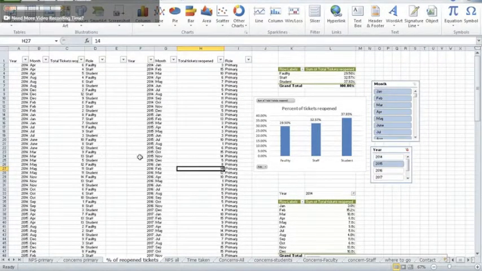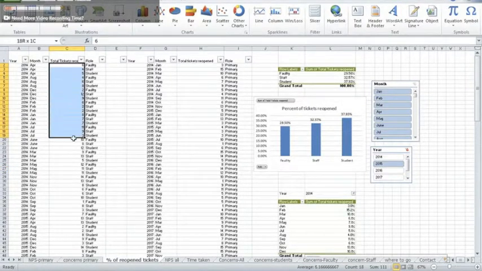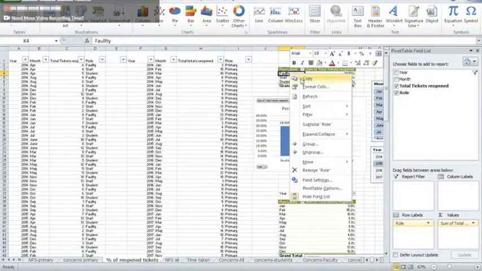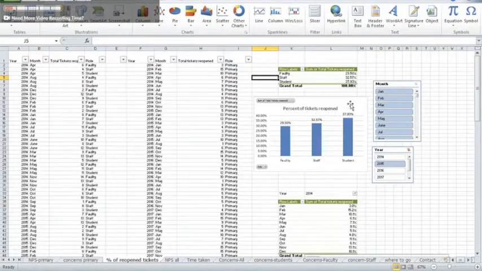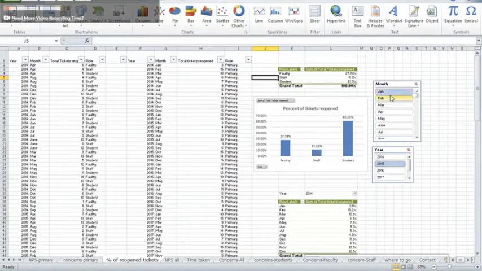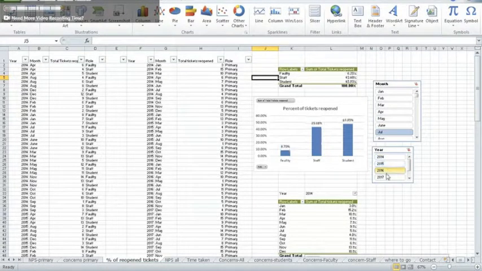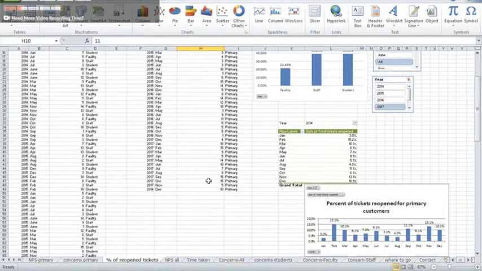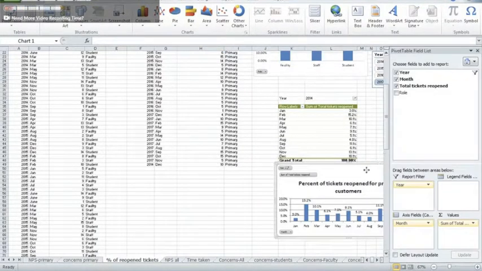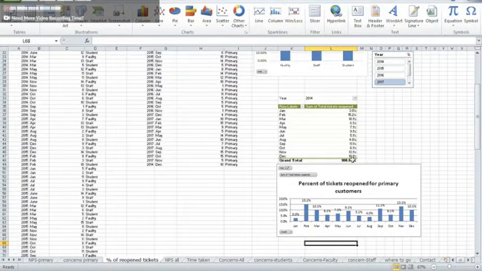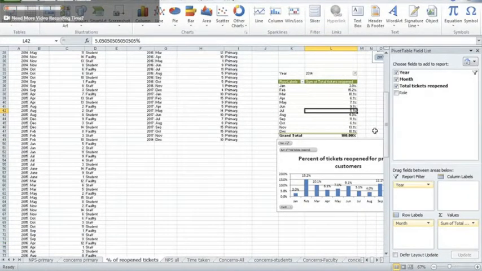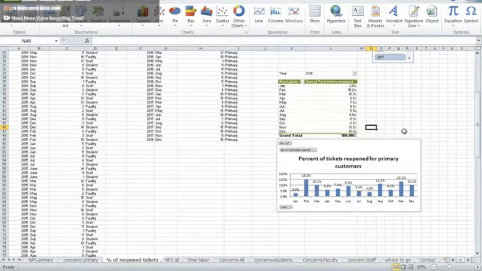This data will be tracked monthly, and all you need to do is replace the mock values over here with your original values, go to the pivot and click on refresh. When you click on refresh, the chart will get updated automatically. We also have slicers created over here to filter the data yearly as well as monthly, which looks something like this. For primary customers, the graph we have kept over here, and we are tracking this graph on a monthly basis. We also have a slicer inserted over here which will let you track the data over years.